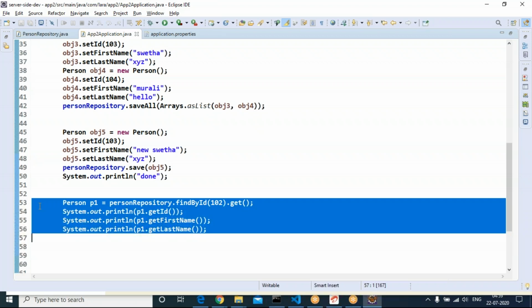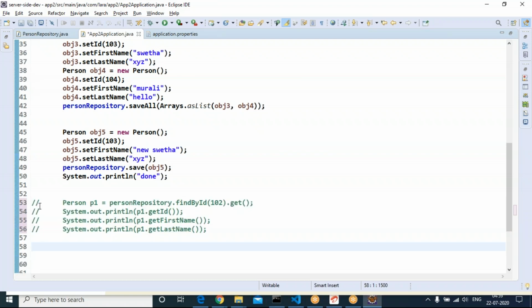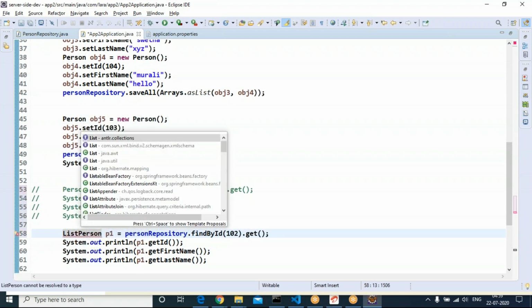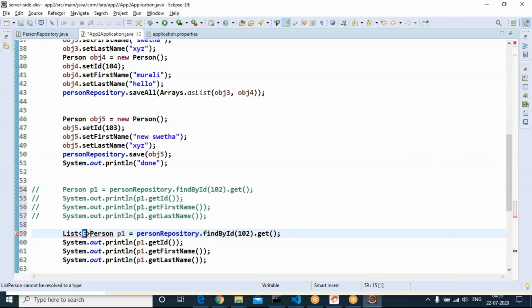I'm just commenting this portion, Control Shift C. Let's go for it. I want to read every record. java.util, let me go for persons. findAll.